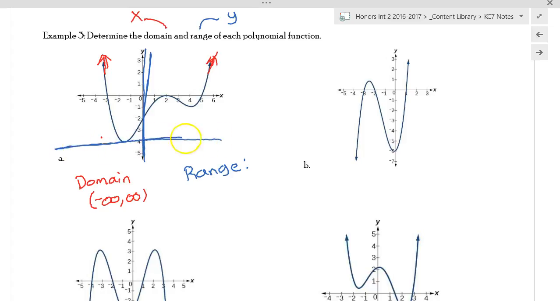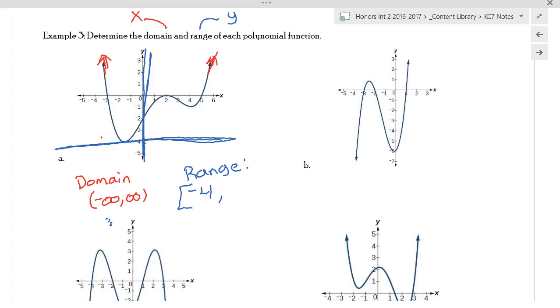And my lowest point never crosses, think of it like a fence, right? It never crosses that fence. So the lowest value it can be is that -4. With notation, anytime you have a number, you put a bracket around it. Anytime you have an infinity symbol, you put a parentheses. It's the same going from negative infinity to infinity. For my range, it's [-4,